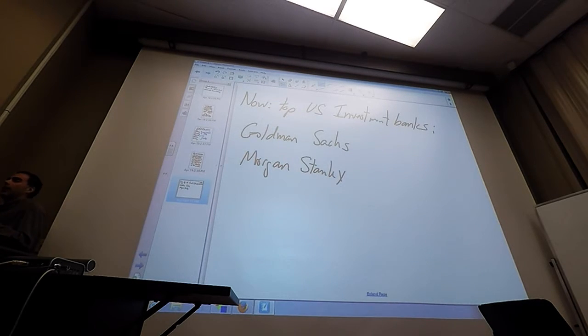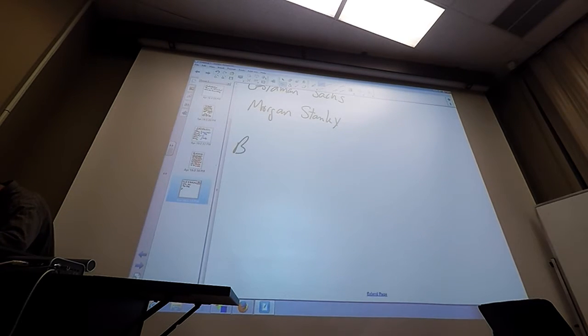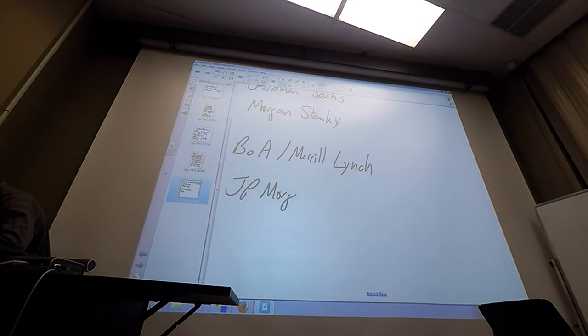Technically, they're semi-commercial banks, but they're 99% investment bank, 1% commercial bank. So they're technically regulated as commercial banks now, but they're still mostly investment banks. So you got them, and then you also got BOA, Bank of America / Merrill Lynch, JP Morgan Chase, and then another firm